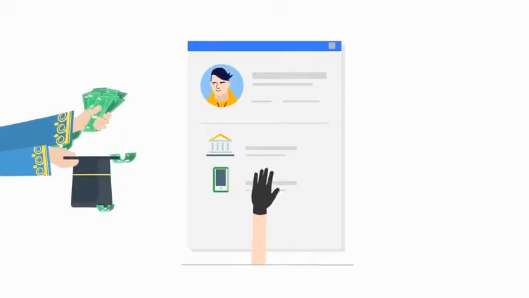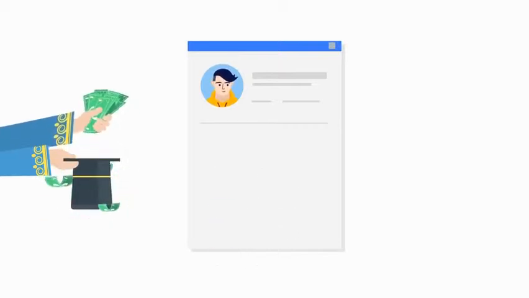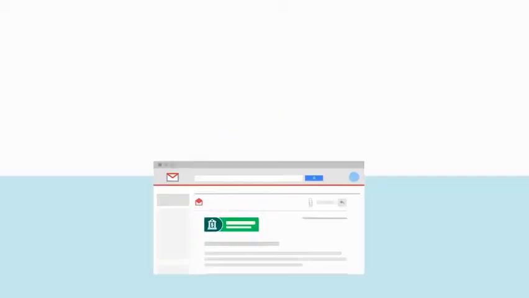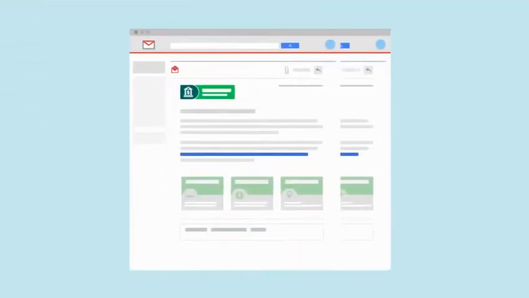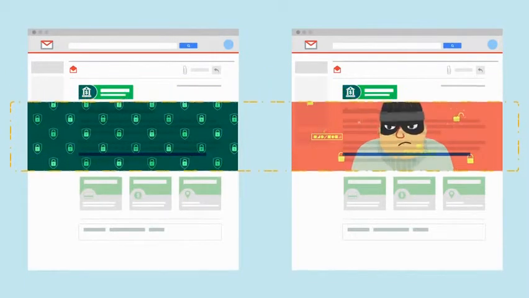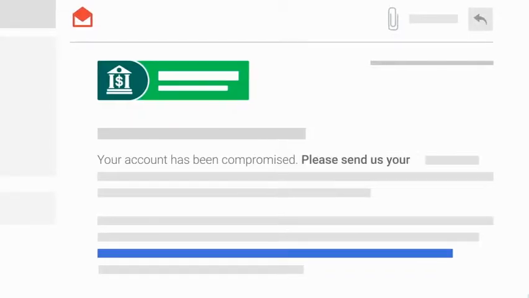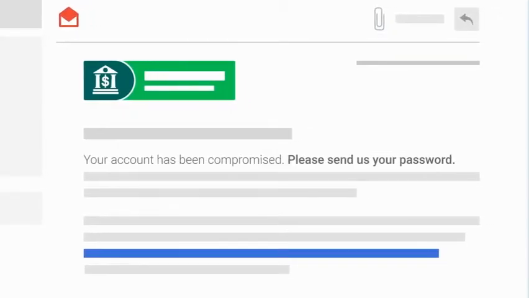Some attacks can be pretty easy to spot. Remember the rich prince who wanted to transfer millions of dollars to your account? But others can be sophisticated and pretty convincing. So let's talk about some steps you can take to avoid online scams. One of the most common ways to trick users is through email. Social engineering emails look like they're from a legitimate source, but they're not. For example, an email may claim to be from a bank and say that your banking account has been compromised and that you must quickly email them your password to avoid having the money stolen.